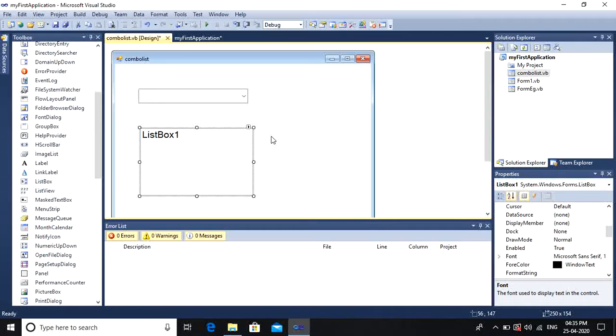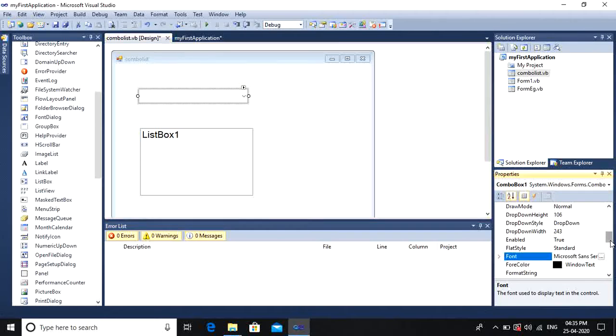The combo box control is used to display a drop-down list of various items. It is a combination of a text box in which the user enters an item and a drop-down list from which the user selects an item. You can populate the combo box either at runtime or design time. To add the list in the combo box, you just go to the property and click on Items,